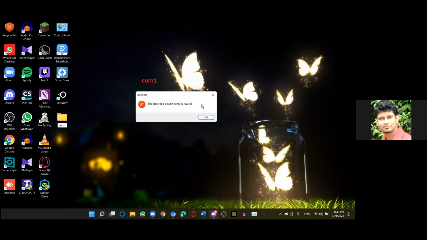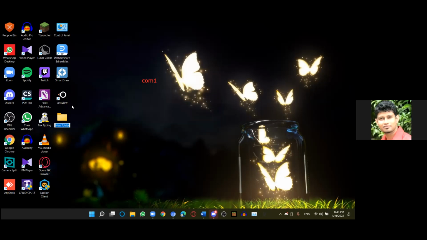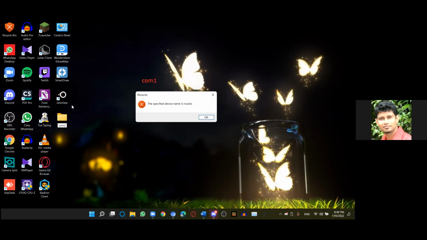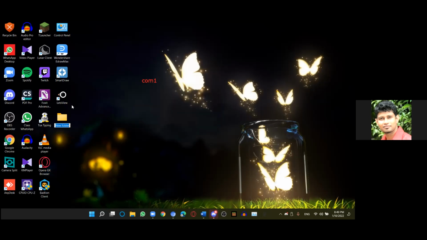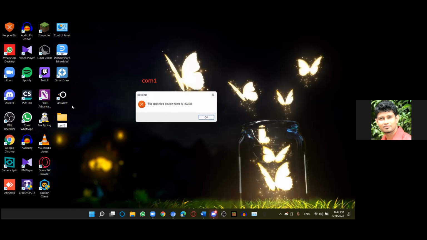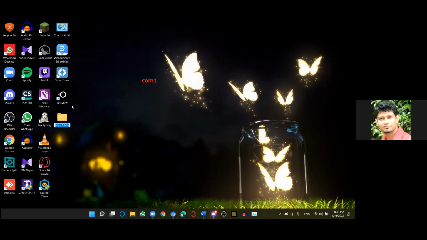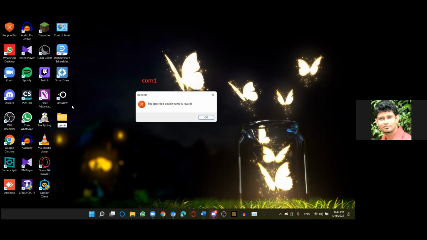COM1 is a reserved word. Sir, in the Arduino, yes, this can be done in Linux or some Mac OS or some other, but not in Windows. COM2 also not possible. Try COM2. So those are called Easter eggs. Can't, no? But there's a special way of doing that.